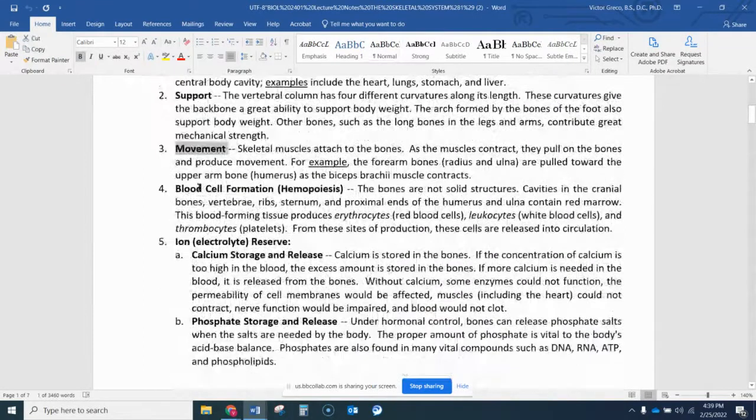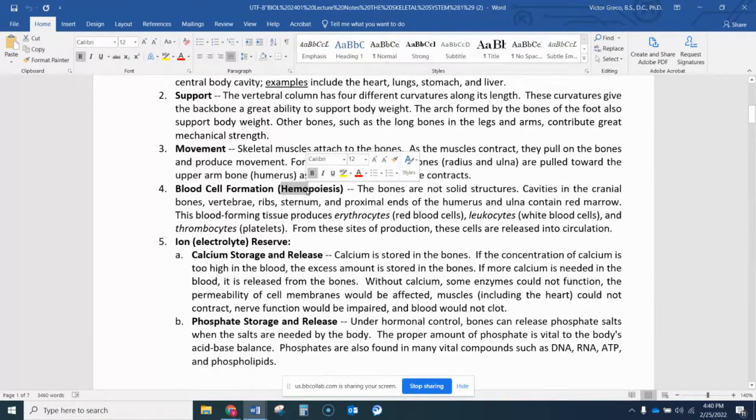Let's see, support, movement. This might require a little explanation here. So our blood cells are made within our bones. Our bone has a very rich blood supply, but blood cells are actually made inside of bone, and it doesn't say here, but we'll see it a little later, red bone marrow. So we have yellow bone marrow, that's mainly adipose tissue, but we also have red bone marrow, which is red because, well, red blood cells are being made in that location. So that process is called